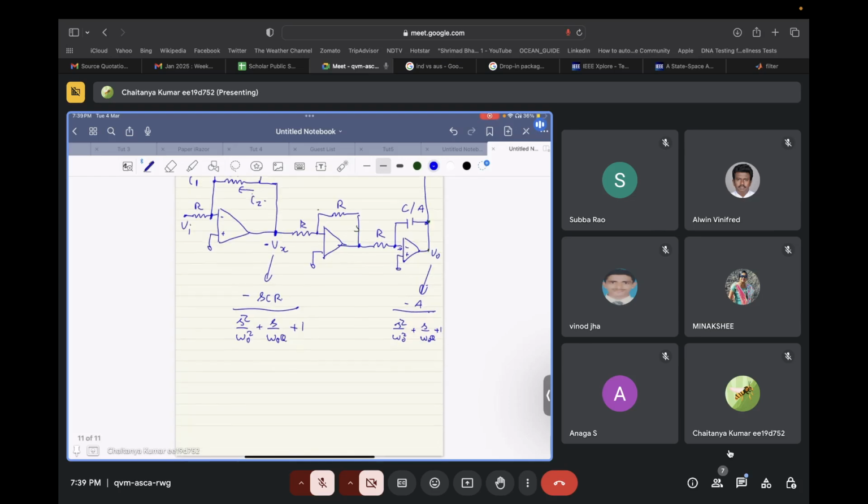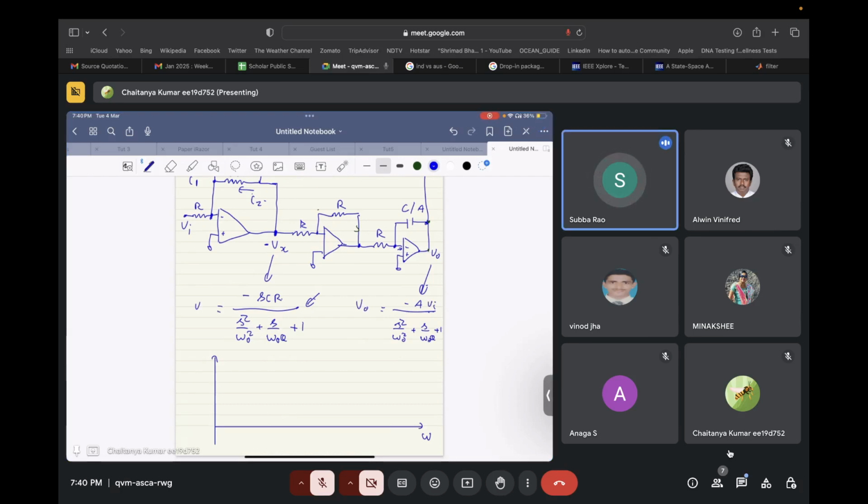So can you help me plot both the transfer functions? What is the kind of filter that Vx is, and what is the kind of filter that V naught is? What will be Vx at low frequencies? Okay, let's start with V naught. What will be the value of V naught at very low frequencies? Yes, A, correct? So it will start from A,